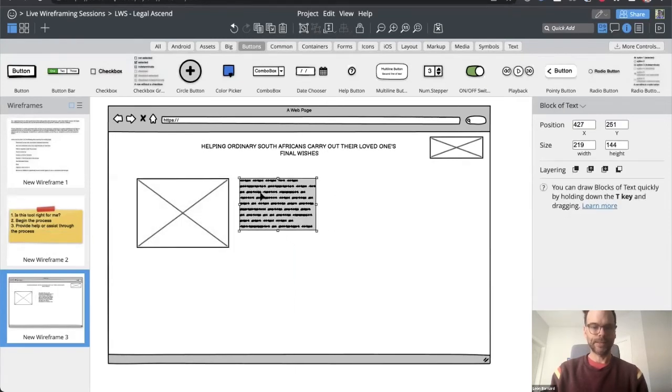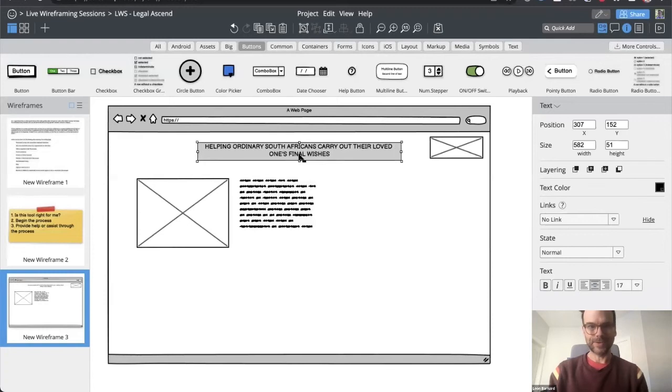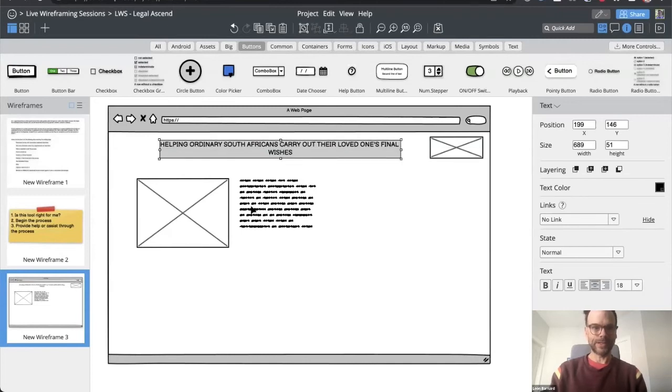I'm trying to think about a way to maybe connect the image and the story with the purpose of the site.